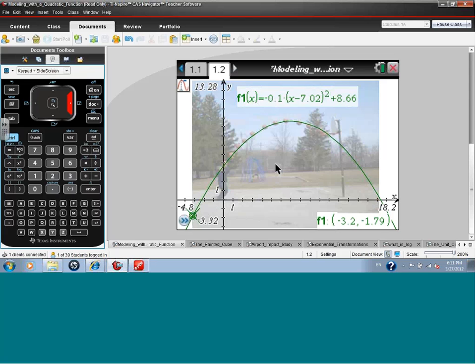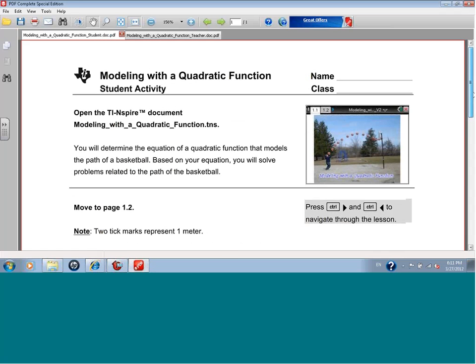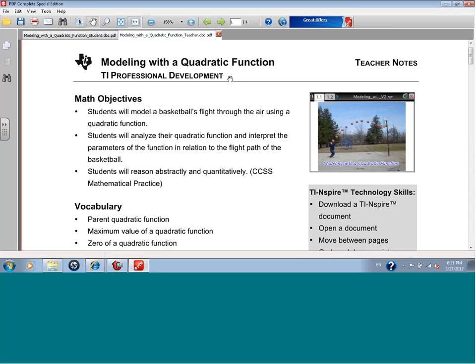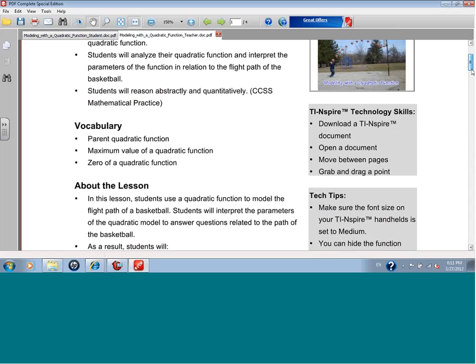So in each of these documents, these activities that you download from the Math-Inspired website, there's typically an Inspire document like this one that I've been illustrating, and then also the PDF document for the student. And there also is usually another PDF document with the title Teacher. So let me just show you that one for a moment. So this one still says Modeling with a Quadratic Function, but it's Teacher Notes. And this has some objectives, vocabulary, coordination with